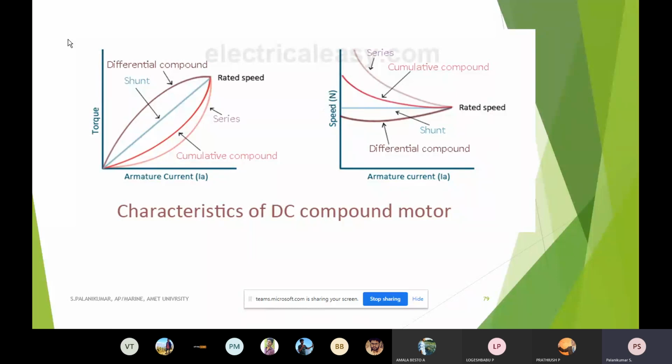So one statistical, experimental piece of information is available. If a 100 kg vehicle is running at a speed of 100 kilometers per hour, and suddenly it has to brake and you bring it to zero by applying the brakes, then around 0.16 kilowatt hour, that is nothing but 0.16 unit of energy, is wasted. Instead of being wasted in the brake shoes, that energy can be converted into useful energy. We can return it back to the source.